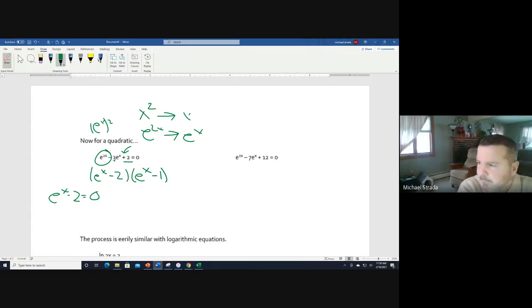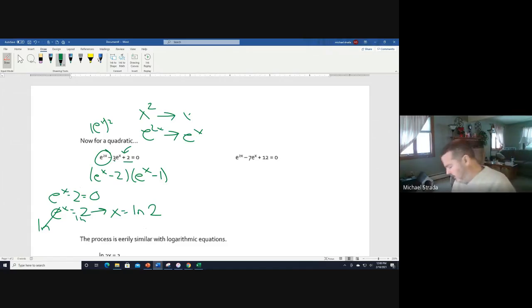E to the x minus 2 equals 0. E to the x equals 2. We've now isolated the exponential part. The inverse of e is the natural log. So we would do the natural log of both sides. Those would cancel, and we'd have x equals the natural log of 2. If it tells you to find exact, you leave it like that. If it tells you to estimate, you then go to your calculator and you do the natural log of 2,